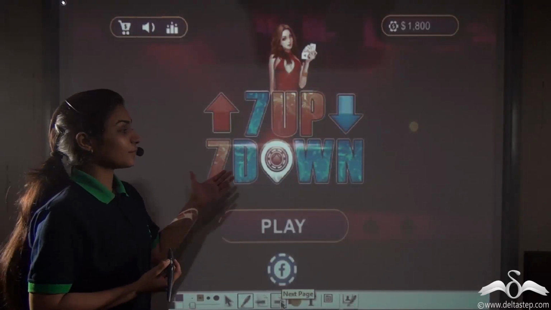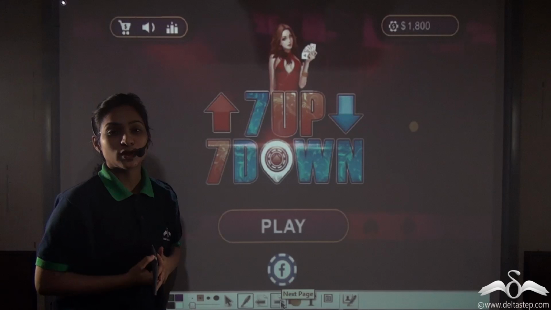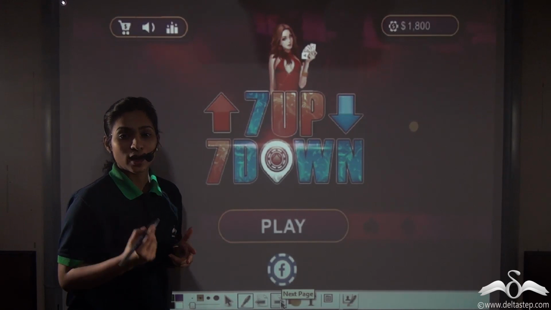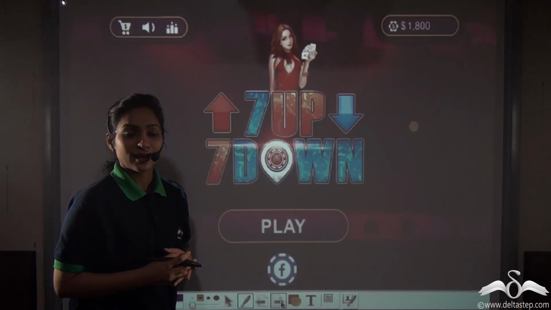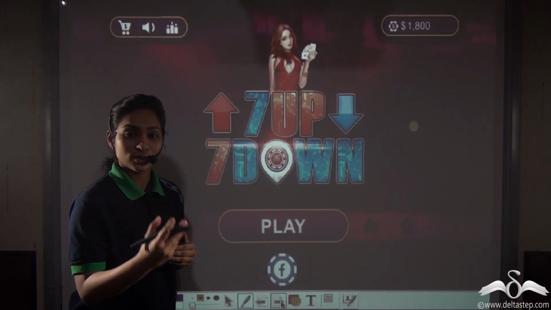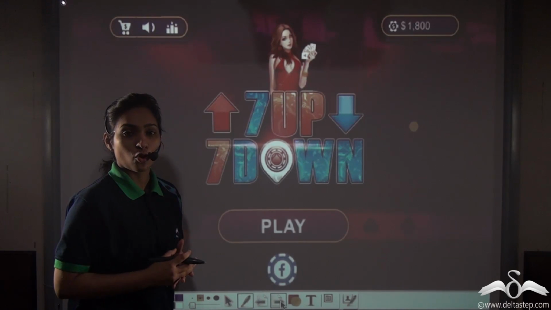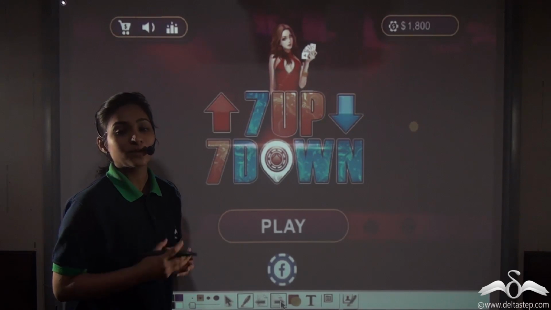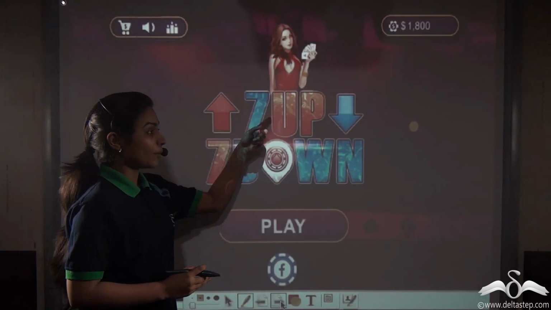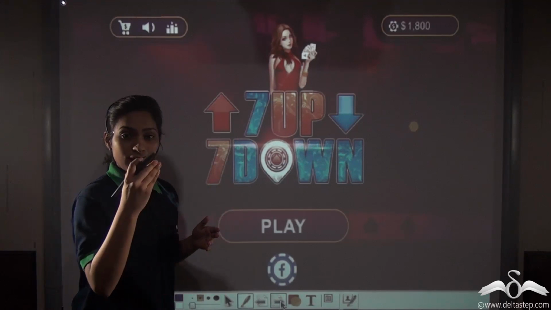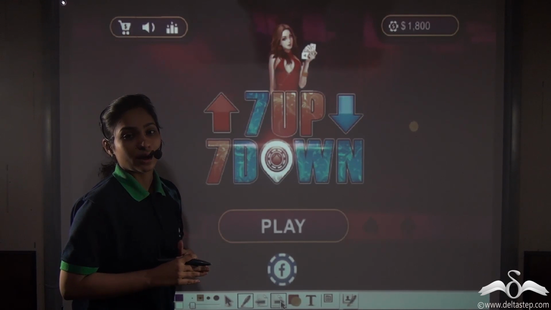Have you ever played this game, 7 up, 7 down? Well, it is a very interesting game played with 2 dice. What happens here? 2 dice are thrown together and the numbers that come on both the dice are added and checked whether it comes to 7, more than 7 or less than 7. But before the dice are thrown, what happens? We have to bet on these numbers first. Whether the number will come to 7 up, more than 7, 7 down, less than 7 or equal to 7. And that is totally a luck game.